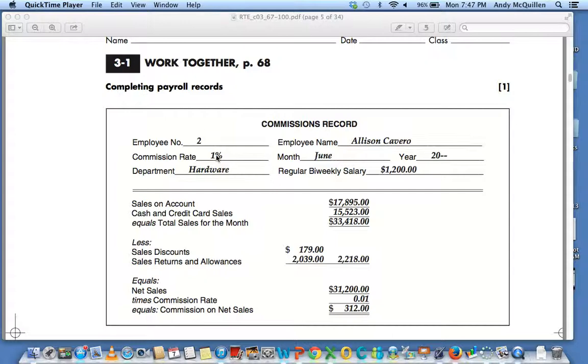Accounting records for the hardware department for the month ended June 30th of the current year are sales on account, $17,895. Cash and credit card sales, $15,523. Add those up. Our sales discounts are $179. Our returns and allowances are $1,239, for a total of $2,218. Net sales, you subtract those two, take it times the 1%, and that's how you get your